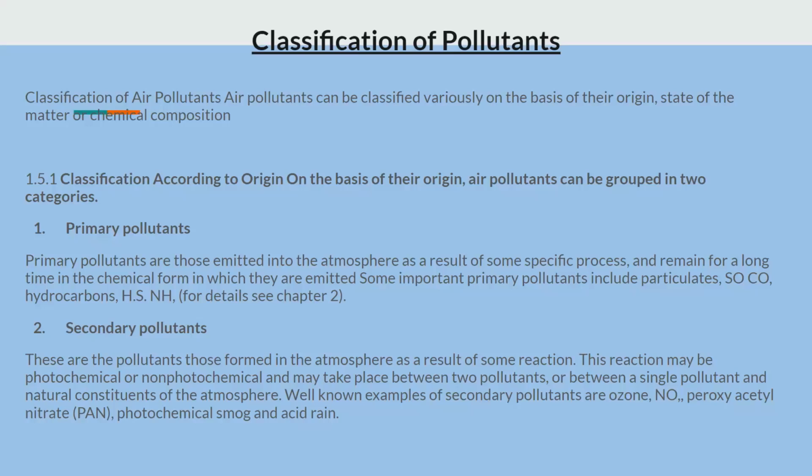Okay, that means if some pollutants are emitted into the atmosphere, and these pollutants are not harmful, but when they come in contact with another pollutant and form air pollutants which are hazardous to human health, that is nothing but the secondary pollutants. It may be a single pollutant, it may be two pollutants, or it may be a naturally occurring pollutant. Okay. A well-known example of secondary pollutants is ozone. Okay. Ozone,